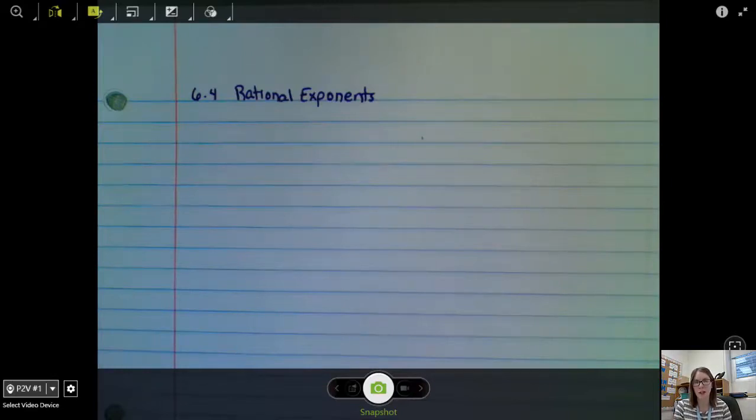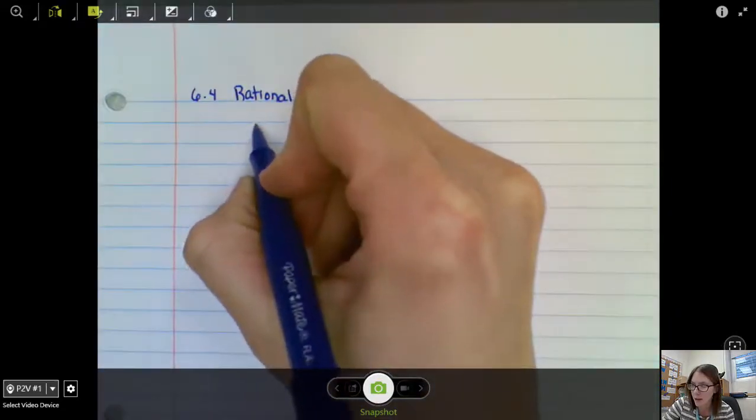And in this section, we are going to use your power table a lot. The main idea here is switching between rational exponents. And remember, a rational number is a number that can be written as a fraction, where we're switching between rational exponents and radical expressions. So our main idea here is that if you have the nth root